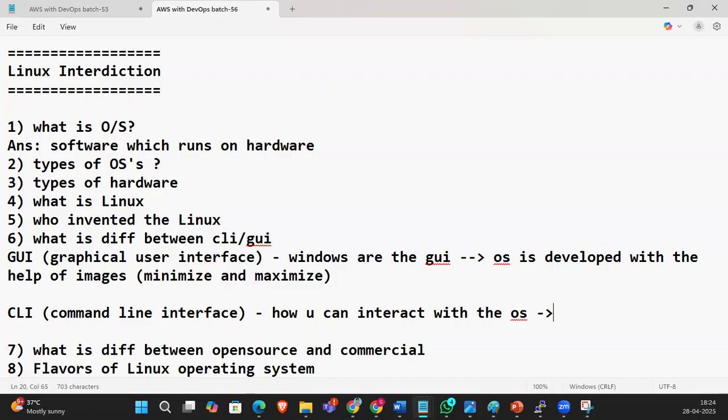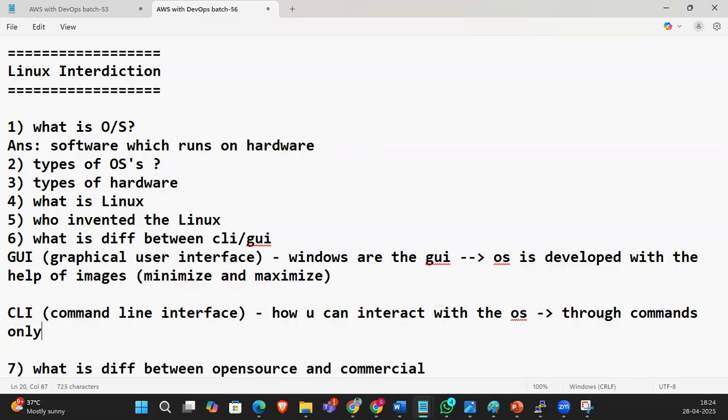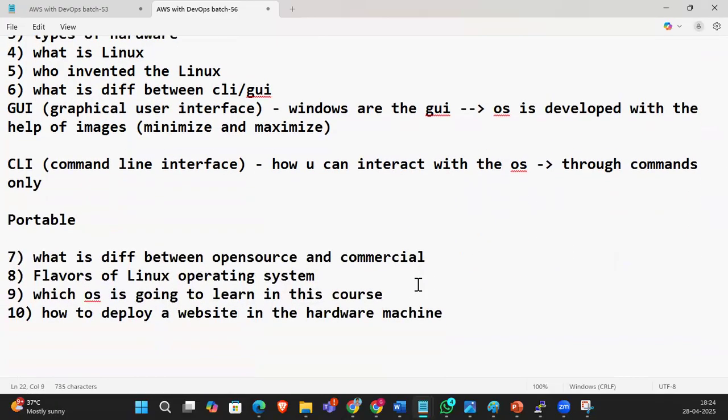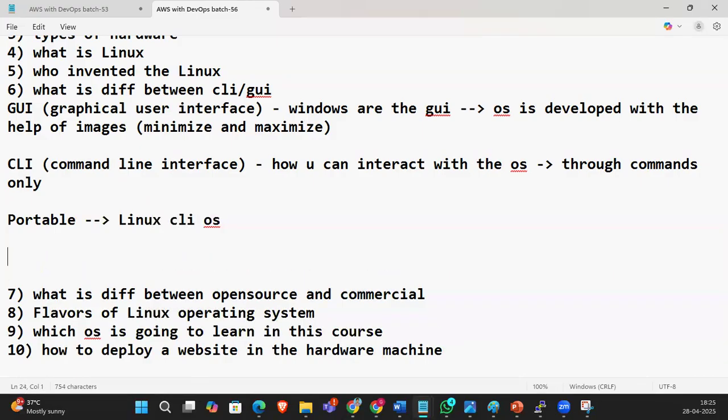You can interact with the OS through commands only. And it is portable, because we don't need images to develop the OS, just alphabets. So Linux is a CLI OS.